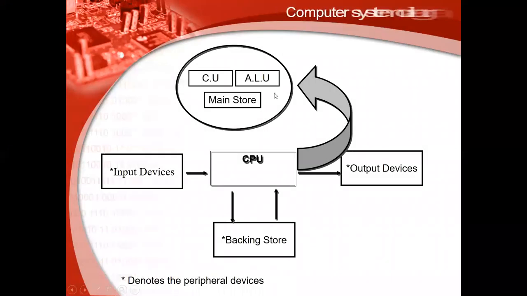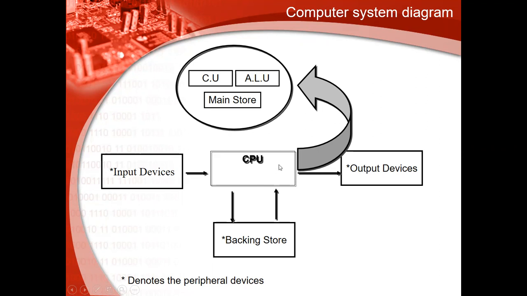Basically, when it comes to a computer system, there are different parts of the computer system that have their role in performing the task based on the instructions. There are input devices through which we can input commands, not only commands but the data to be input. Then it would be sent to the CPU. The CPU has a control unit, arithmetic and logic unit, and the main store. That would further go to the output devices and the backing storage devices if it needs to be stored